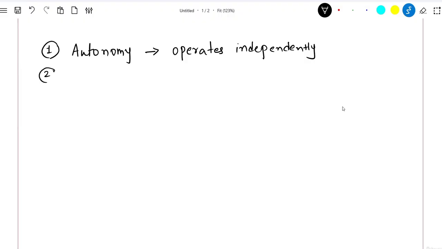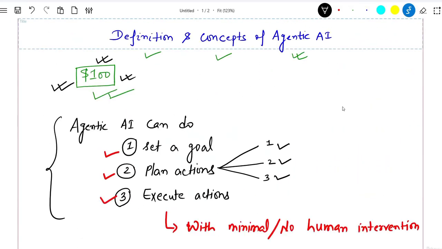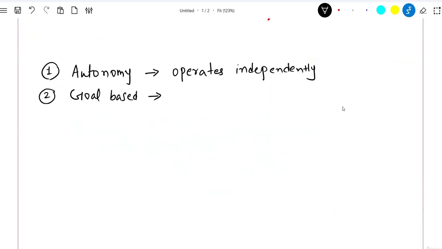The second characteristic of agentic AI is that it is always goal based. Here is a difference if we compare it with traditional AI. I will talk more about that in lecture 2. But what is a goal-based system? A goal-based system is one that takes a goal as an input. So the goal is: give me the best investment advice for this $100. A traditional AI system is basically task-based. We will see more on that. But when we say goal-based, it is mostly focused on goals. To achieve that goal, it can plan actions, it can execute actions, and it can do many things, but it is goal focused.